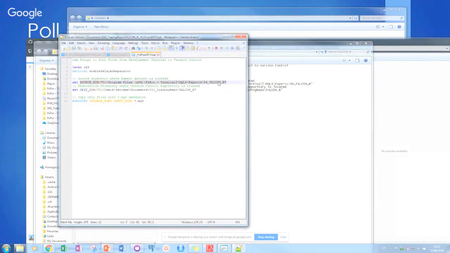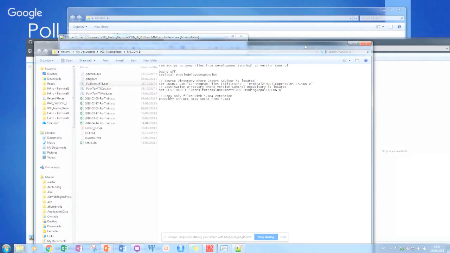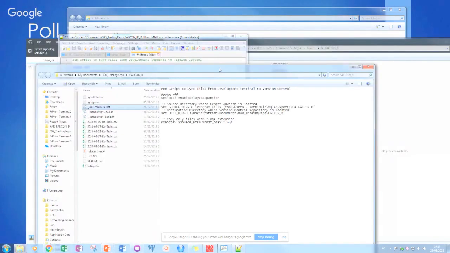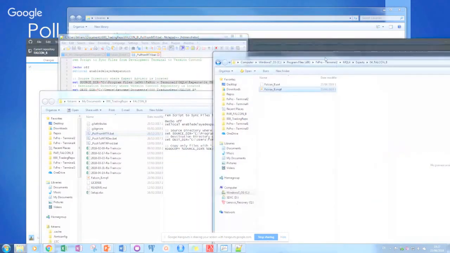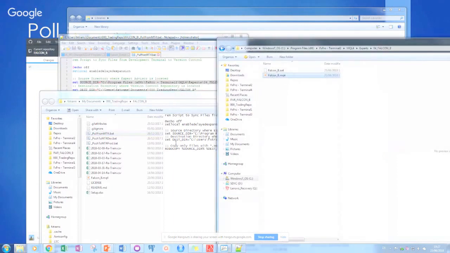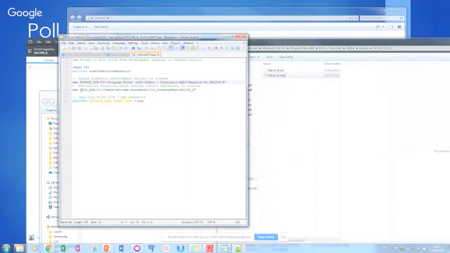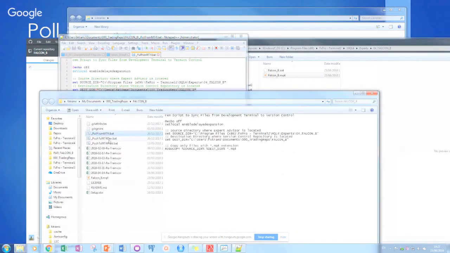So the source directory is this directory, not this one, in which I am developing this robot. This is the source directory, and the destination directory will be my version control directory. Here it is. Okay, so right now, if I execute the script, it is checking if the version here